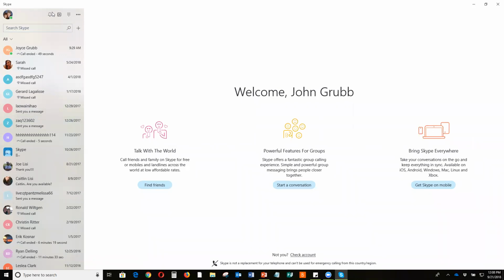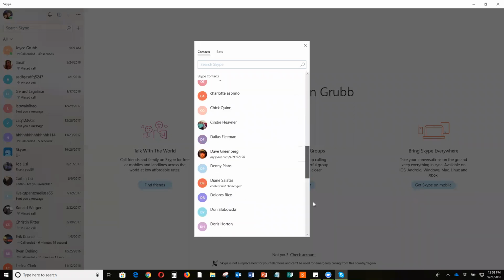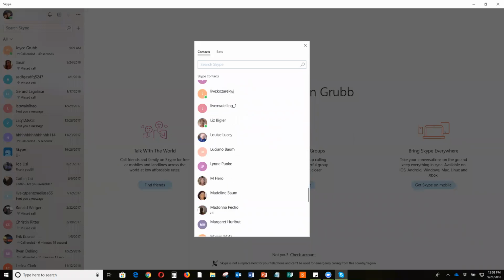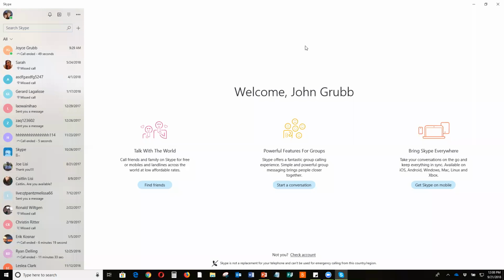We also have some icons. There's a little bell, and that would be notifications. You might be able to see I have my mouse on it right now, and it says I have no new notifications, and that's fine. Next to that is what looks like a little old address book, which is your contacts. If I click on that, my contacts show up in the middle. You see I have a long list of contacts, and I can click on them and Skype with them or do whatever I want to do.